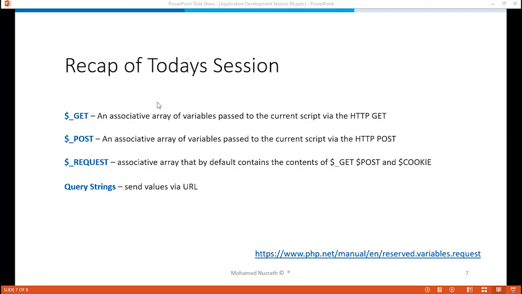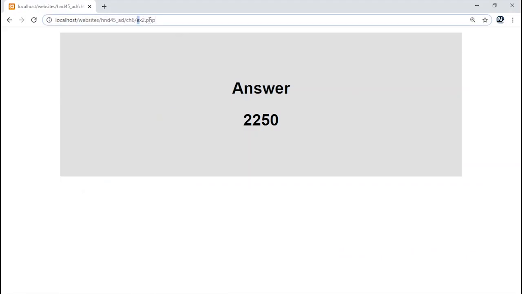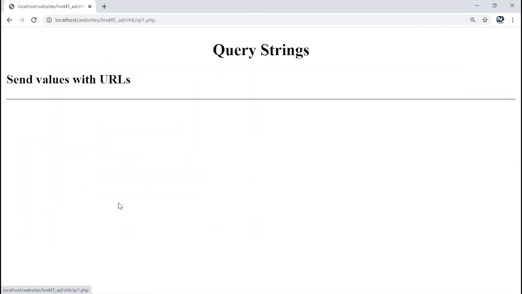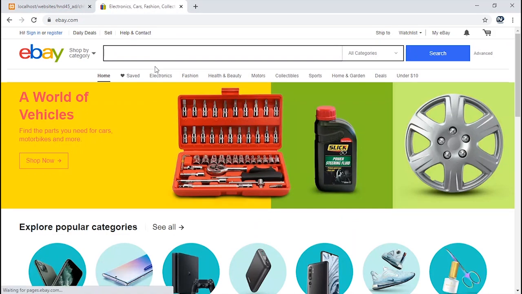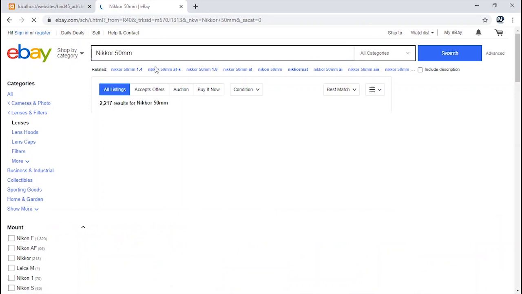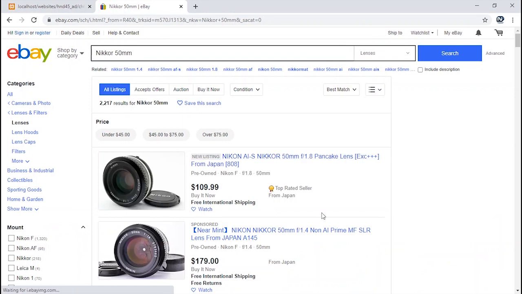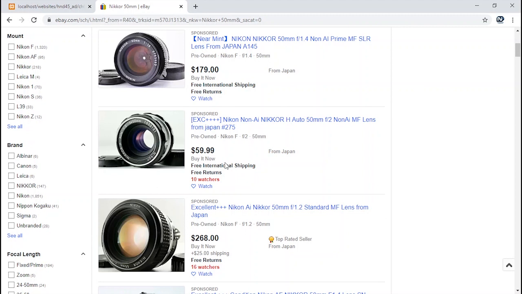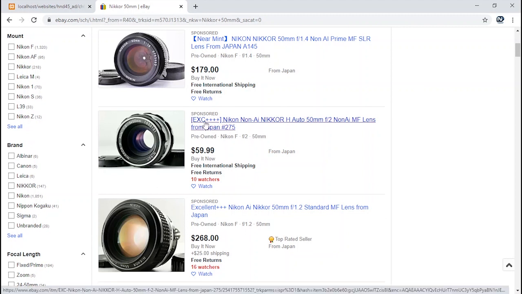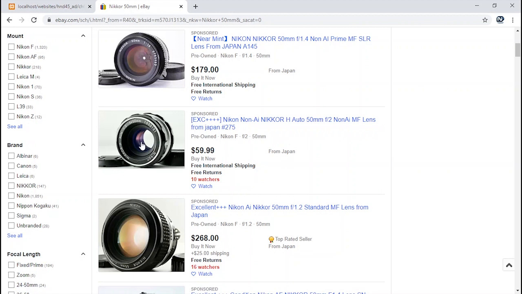Let's take a look at it, how it looks on the page first of all. Alright, the page is ready. All what we need is an HTML link. Let's go to eBay website. Now let's search for something like, let's say we look for a prime lens like this, right? So if you are looking for a product like this, what you see here is an HTML web page. There's an image here, there's a link here, things like this.